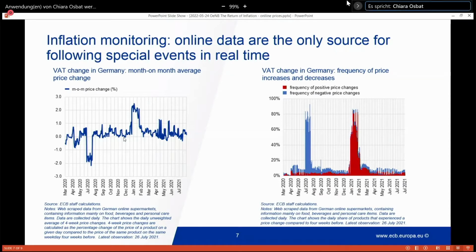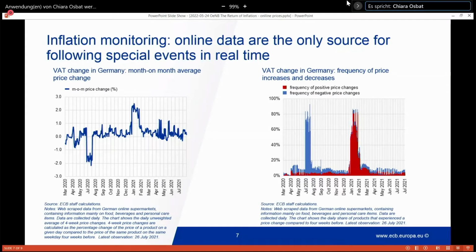Now, this is not just monitoring. We used it, of course, to monitor day by day if we could make a good judgment of how fast the pass-through of the VAT would be into these particular categories that were exposed to it. But you can also then speak back to the theory because we found in the research network, but this is already a result in the literature and other data and other studies, that inflation is very much driven by the relative frequency of price increases to price decreases.